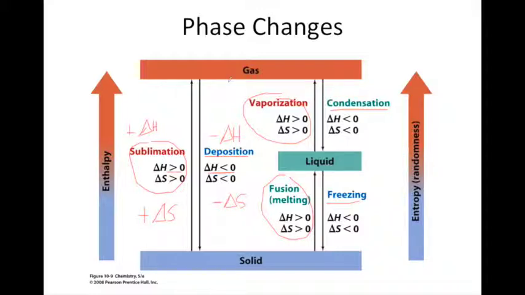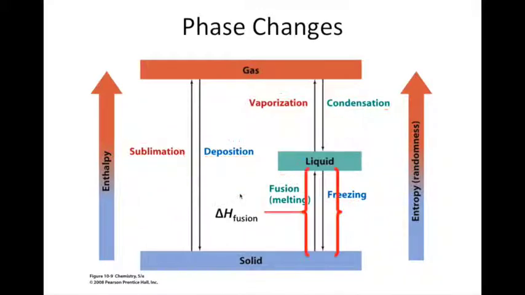So it's important that you can appreciate the signs of these and also appreciate why the signs are positive or negative. And remember, the delta H and the delta S values, those are two of the major factors that influence the delta G value. Those ultimately will determine whether a process is spontaneous or non-spontaneous. The delta H, the delta S values, and of course the temperature also plays a role, as we mentioned before, in determining the delta G and ultimately the spontaneity of a process.